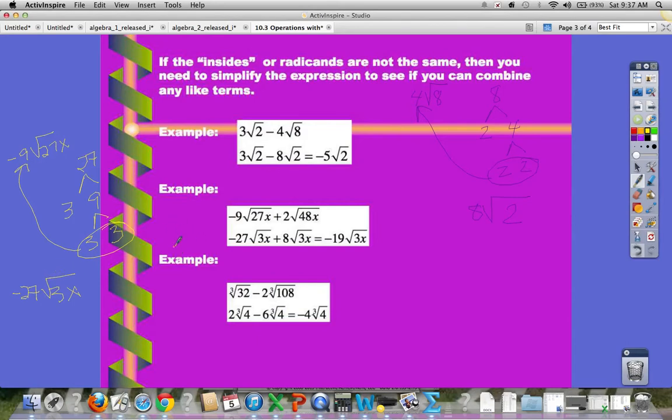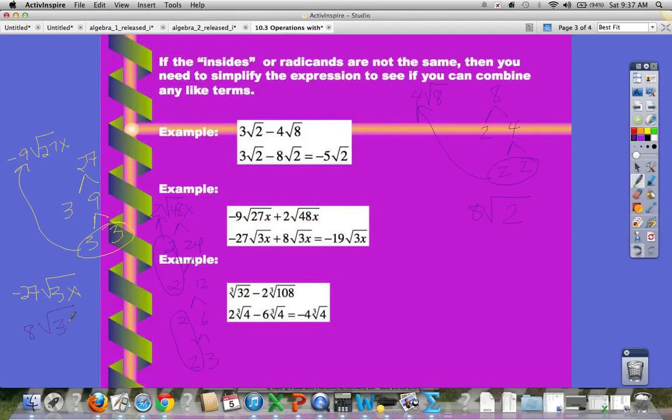All right, so then we're going to do the same thing with a different color. 2 square roots of 48x. Okay, 48 breaks down to 2 and 24, which breaks down to 2 and 12, which breaks down to 2 and 6, which breaks down to 2 and 3. Circle your groups of 2. That's 2 times 2 right there, which is 4. And 4 times what's out there already is 8. And that leaves a 3